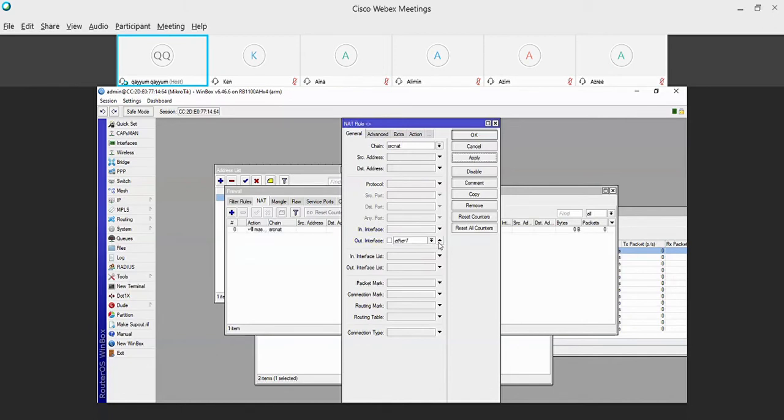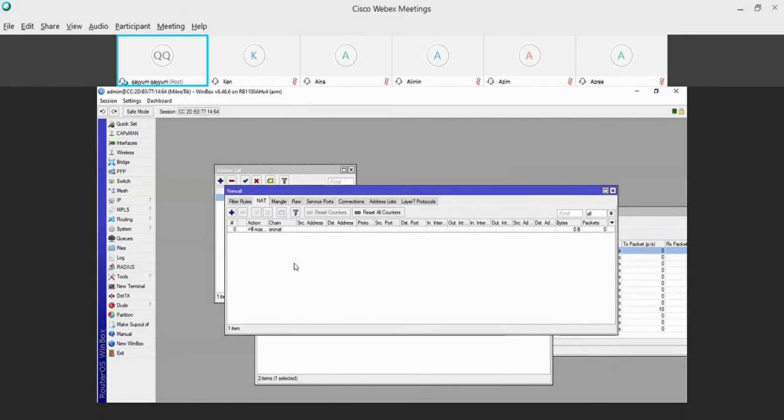Or if you want to masquerade for all networks, you just leave the out interface blank, and you apply. So this is the basic step to make sure your MikroTik has an internet connection.